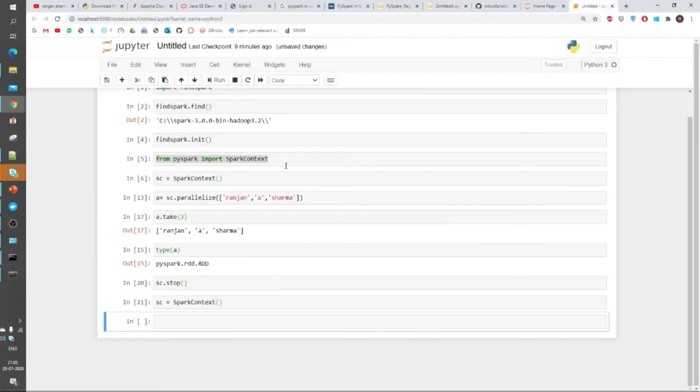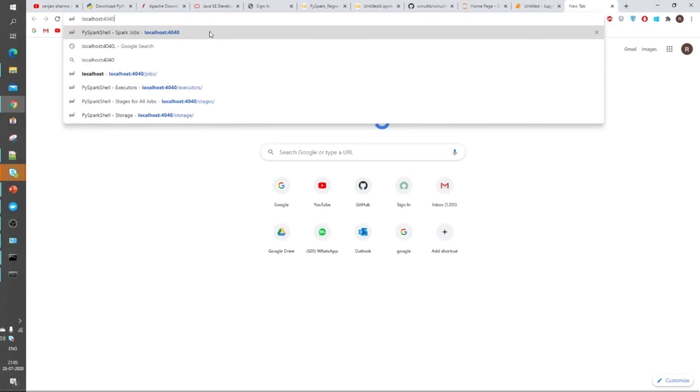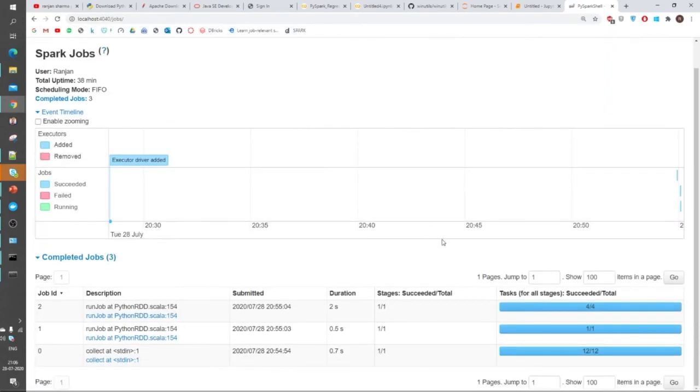And another important thing: while you are working on the CLI, you can access Spark in the GUI as well. It will create a server. To access it, you have to use port number 4040. It will just open port 4040 for Spark. Once you enter it, it will look like this. It shows me all the jobs, what jobs are running now.